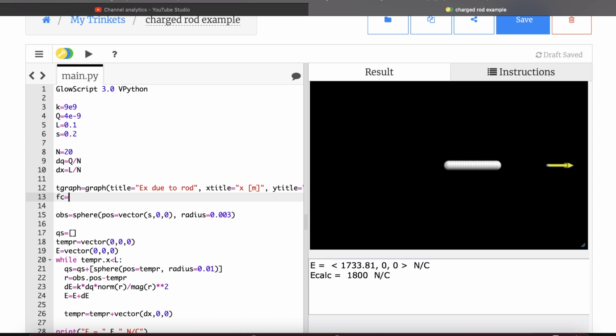Okay, FC is going to be G curve. So FC is going to be my theoretical calculate, my calculated electric field. G curve is a built-in function in Python. I want to make this the color blue. And then my observation location is right there. I can actually move that. Let's do,